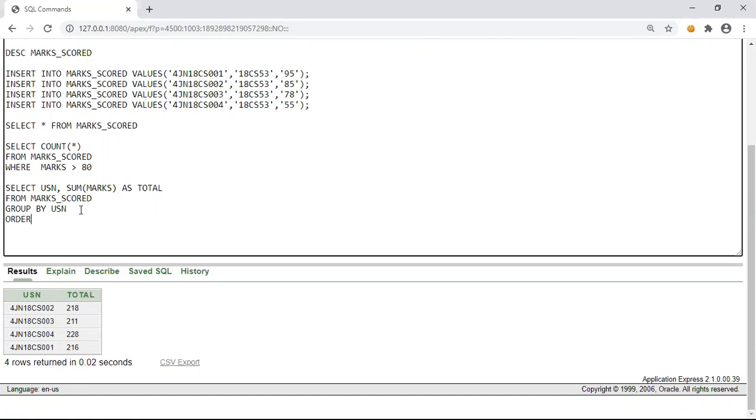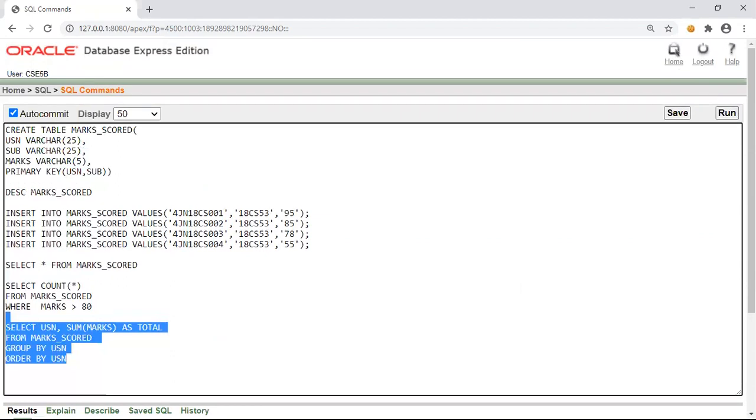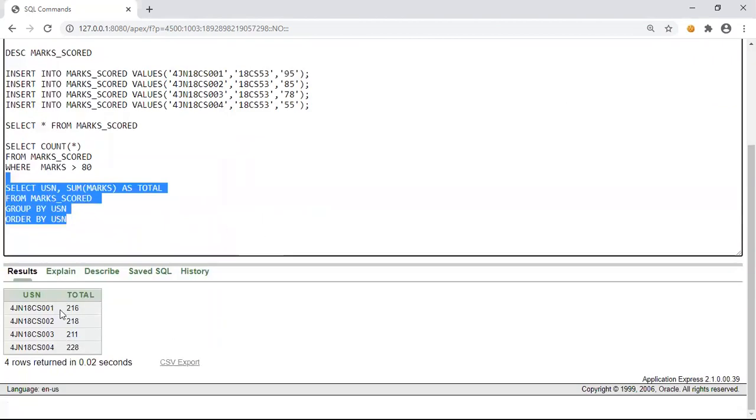Let us use it, order by. Then we write the list of attributes based on which we want to order it. Let us order it based on USN only. Now let us run this. You can observe now USN 1 is present at the top: 1, 2, 3, 4.